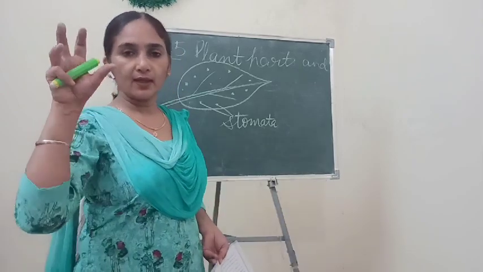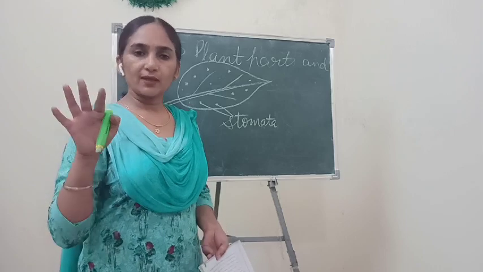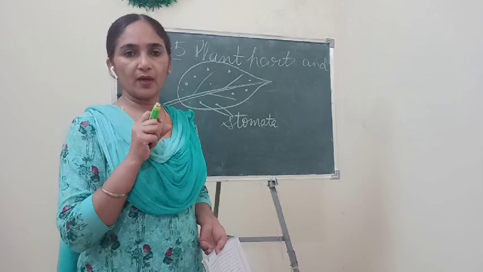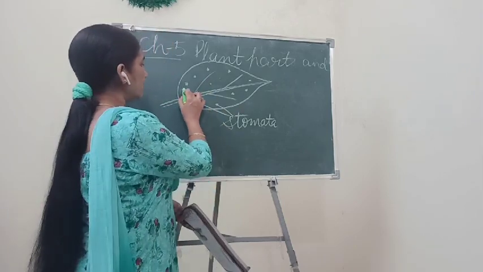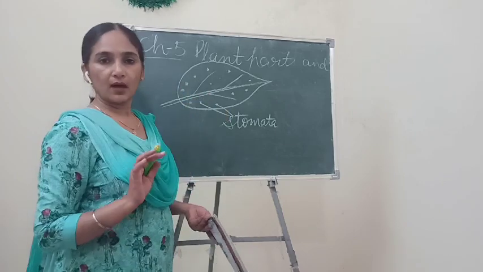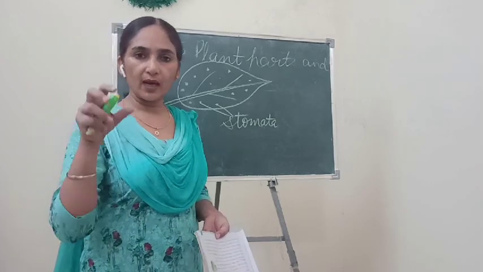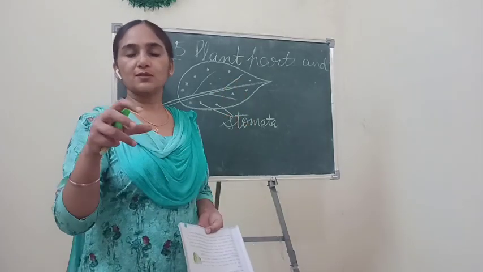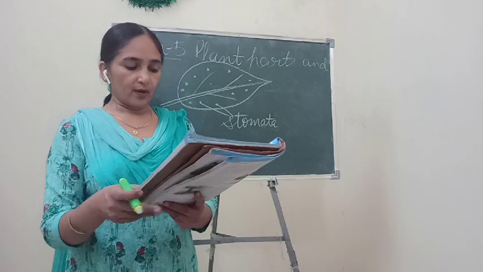You know that continuously water is absorbed by the roots, and when water is in excess quantity in the plant body, then it is also removed in the form of water vapors through these stomata. Understand? Extra water, which is excess water from the plant body, is removed through these pores that are called stomata. So about that they have also written.